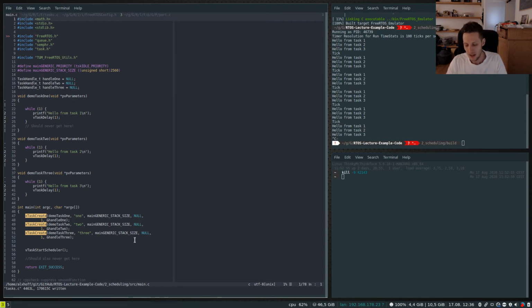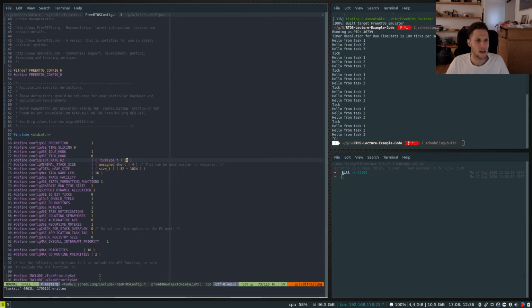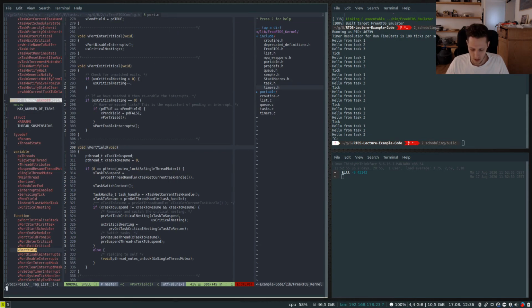So enough of that now. Going back to explaining, we'll just look at some priorities and play around a bit to make it a little clearer how the priorities work. So we've created 3 tasks here, all of the same priority, and all they do is they print and they block for 1. And so this means, as we can see here, I've also modified, I think it was in port, so I think